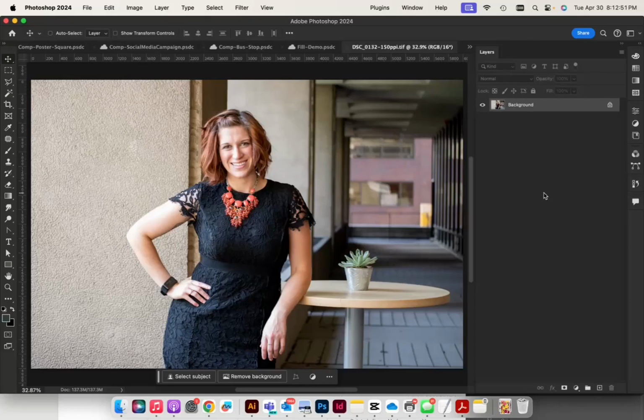Hey everyone, this video is going to look at creating and editing smart objects in Photoshop. Smart objects are a type of container that can hold multiple layers within Photoshop. They're another form of non-destructive editing and offer a greater range of flexibility when you are creating certain types of